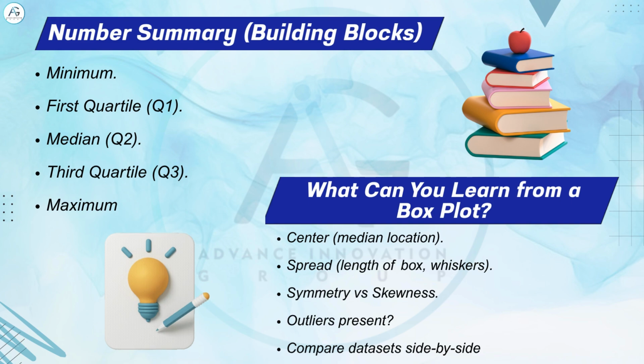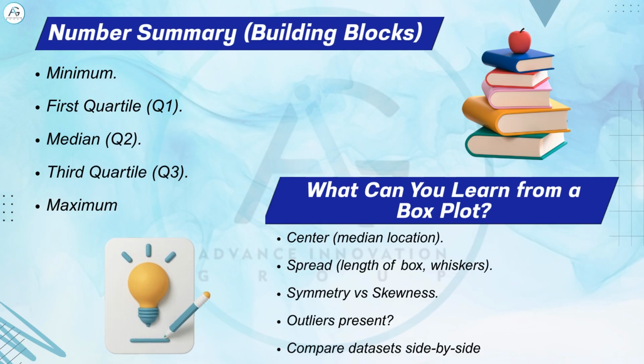They include minimum, the smallest non-outlier value in the dataset; first quartile, Q1, the 25th percentile, where 25% of the data lie below this value; median, Q2, the 50th percentile, the center point of the data; third quartile, Q3, the 75th percentile, 75% of the data fall below this point; maximum, the largest non-outlier value. These 5 numbers form the basis of what's known as the 5-number summary, and they're exactly what a box plot